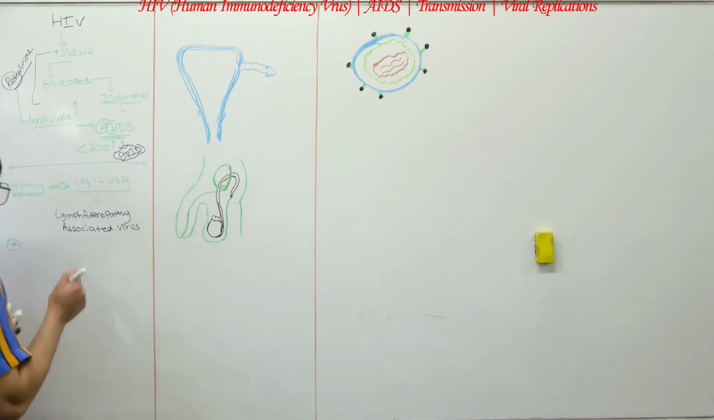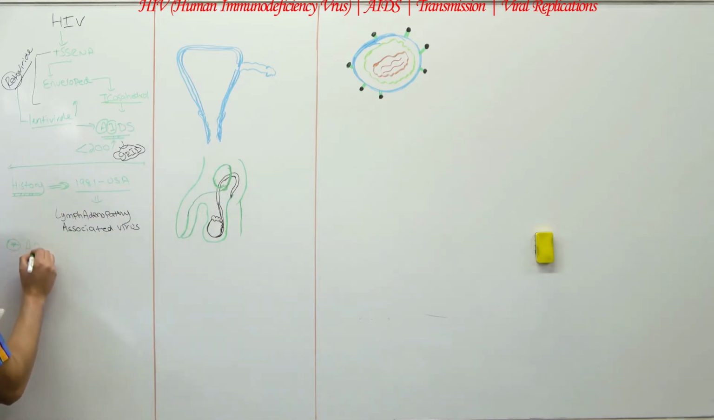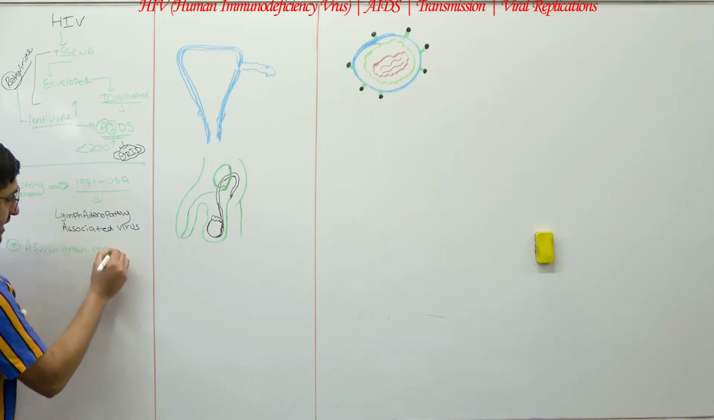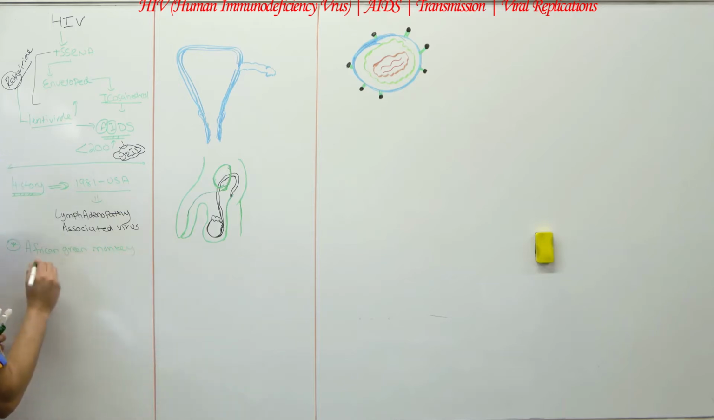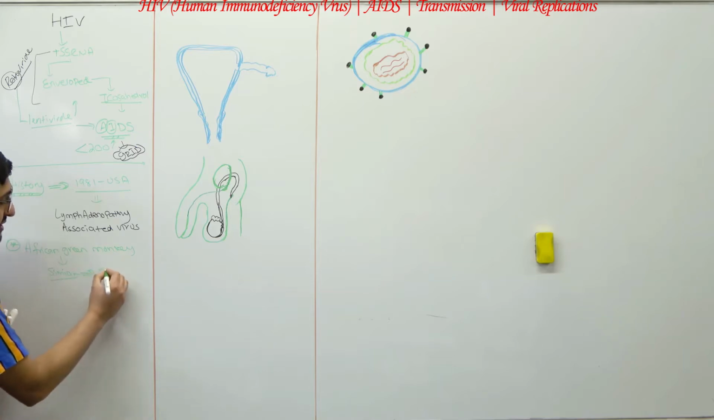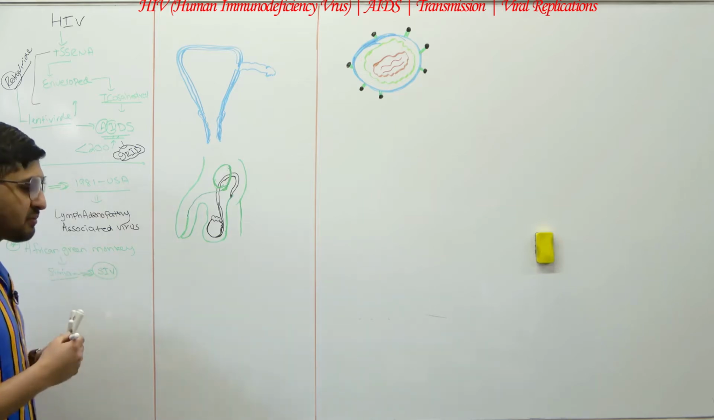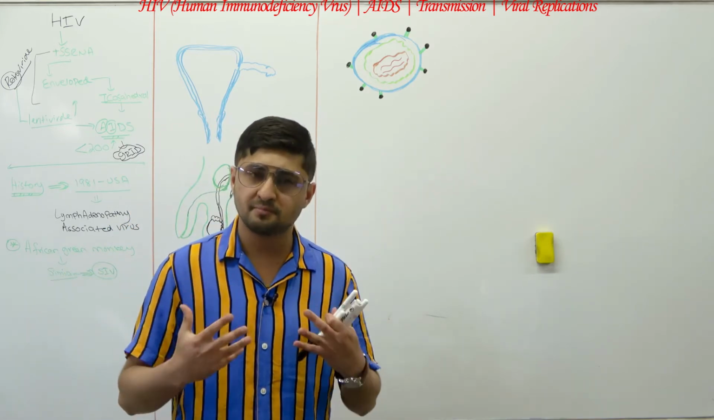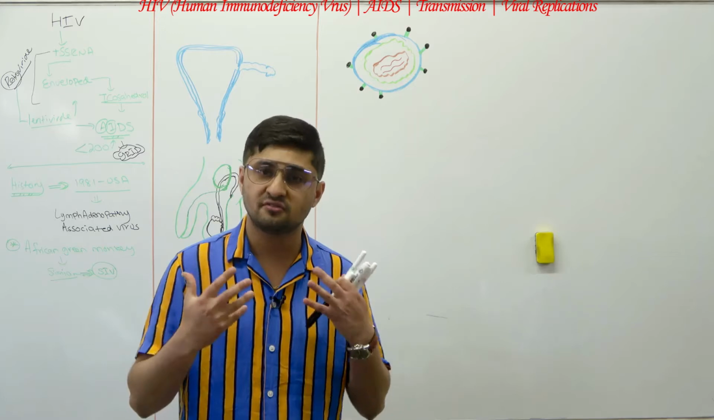something called a monkey. What is a monkey? This is an African green monkey. And what happens is that this African monkey, which is called simian, contains something called simian immunodeficiency virus. So there has been a hypothesis that somehow the people in Africa got infected